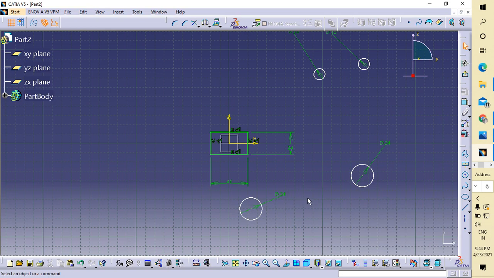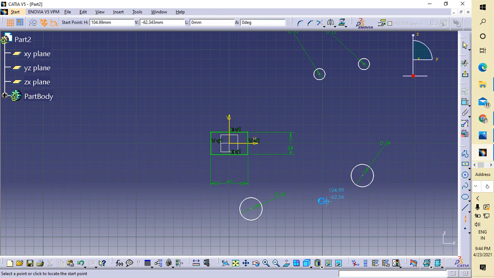Now let's focus on this part. First of all, select this circle center and go here. This is a symmetry axis. It means it will divide this body into exactly equal parts, symmetric parts. I will draw here.